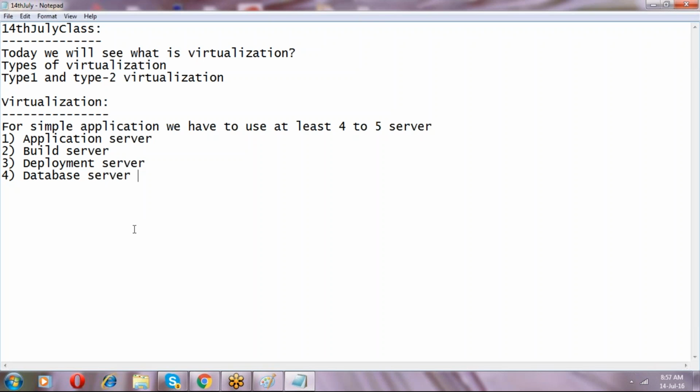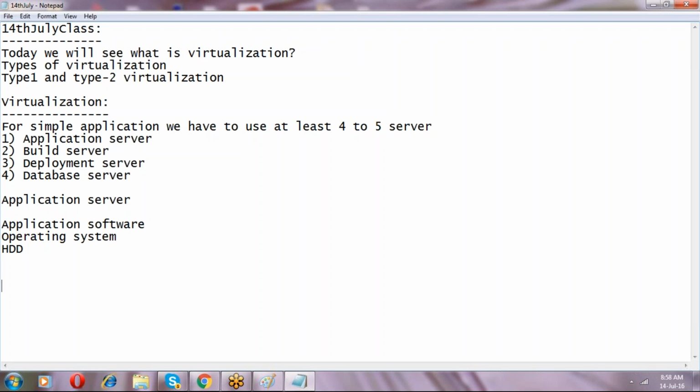Okay, so for each and every application server I have application software, and then the operating system, and then the hard disk, HDD.